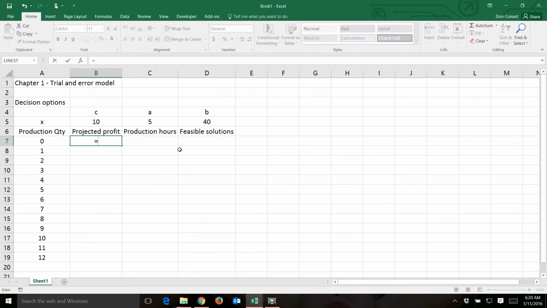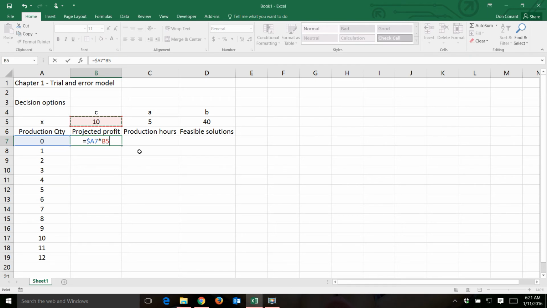I'm going to think about how I'm going to copy this formula. First of all, I want to take production quantities, and whether I copy it down or whether I copy it to the right, I have different criteria. First of all, when I copy it down, I want it to change. I want it to look at the appropriate production quantity. So I want the row to remain relative. But as I copy it across, I want the column to stay the same because this is the column where my production quantities are. So I'm going to press the F4 key 1, 2, 3 times, and that's going to lock the column. Then I'm going to multiply that times